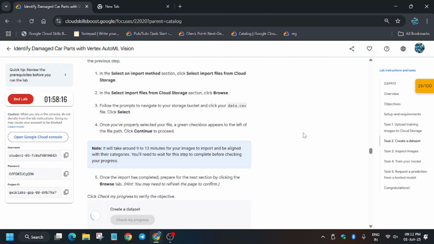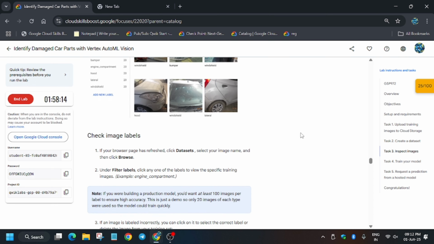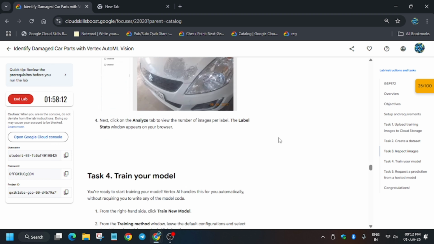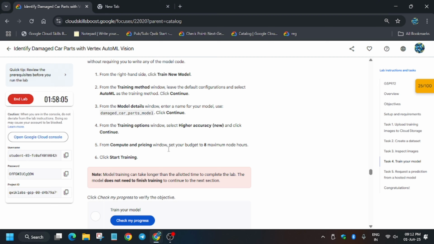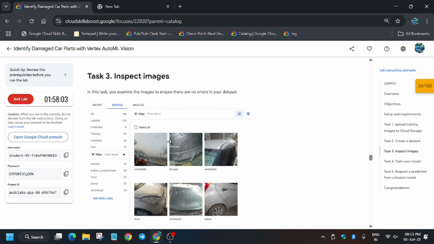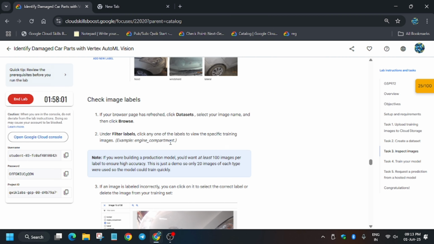Now when you click on check my progress, you'll get the score. Again, for inspecting the images also you may get the score, but first let's train the model. So here we have to train the model. So as you can see,